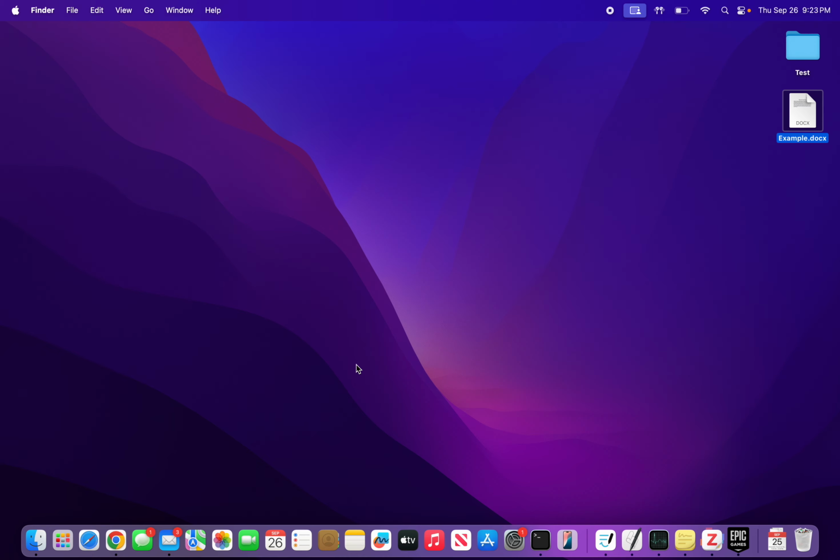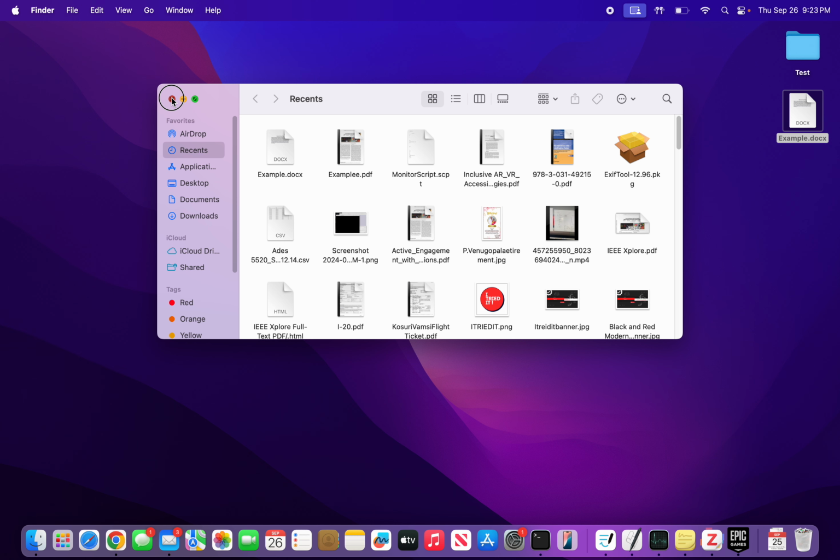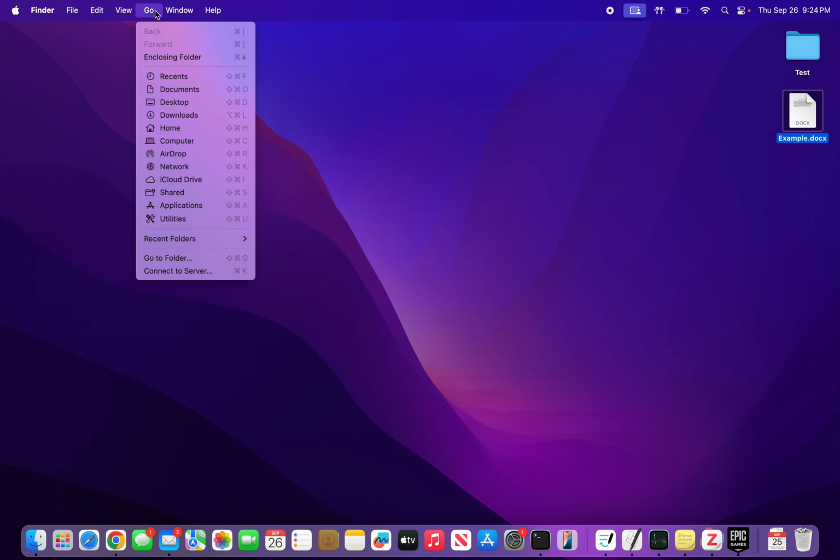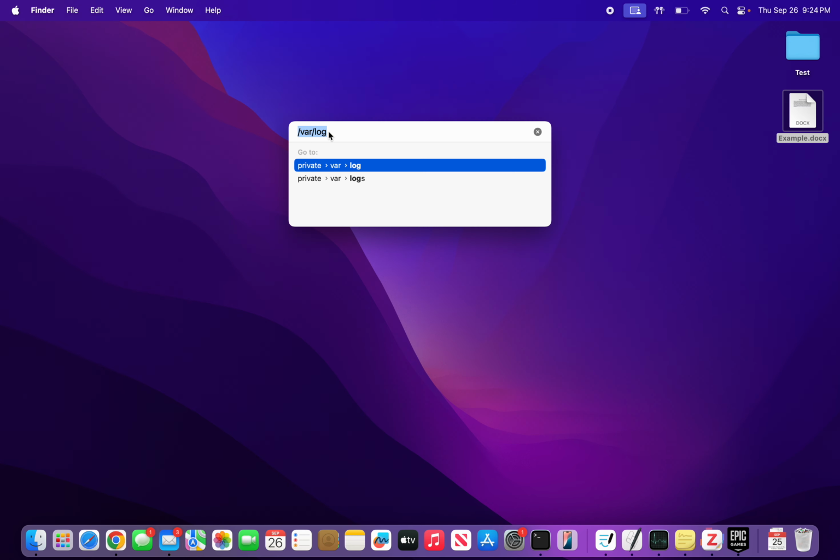So for the lab, to identify the log files, you can view logs on Finder. Click on Finder, click on Go on the top, and click on Go to Folder, and here type